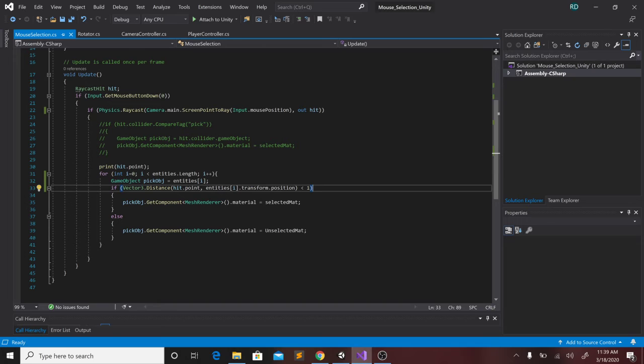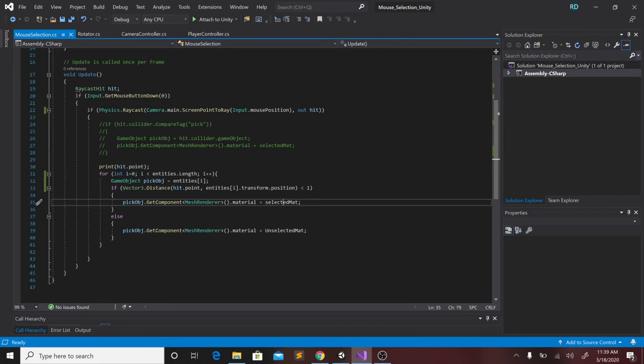If the distance is less than 1, then for that entity, which is game object pickObj, which is an entity, we take that entity, access the mesh renderer of that entity, and change the material to a new material,